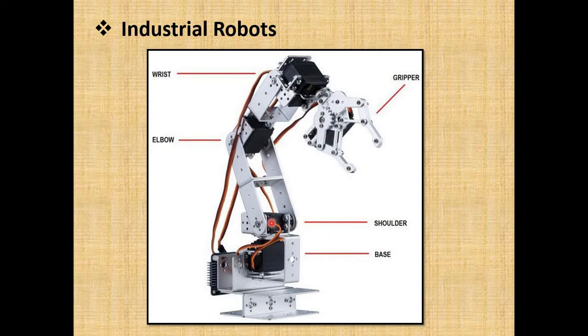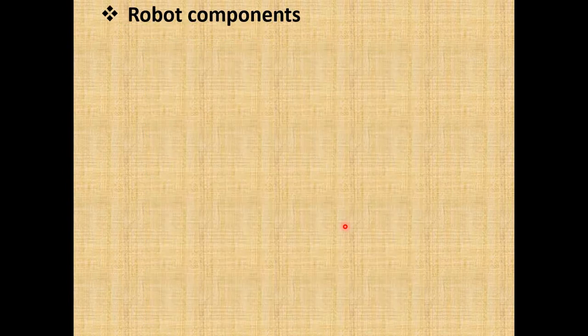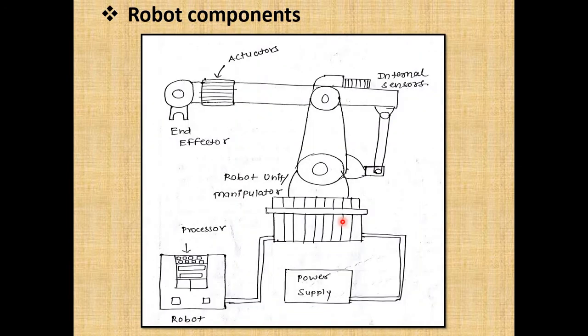Okay, our shoulder, so the robots also have a shoulder. Our elbow, so this is the robotic elbow. Our wrist, so this is the robotic wrist, and our fingers, so this is a gripper. So this is the basic look of an industrial robot. Now we will talk about the robotic components one by one.